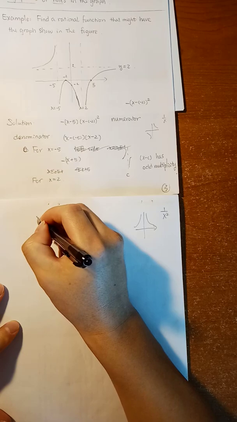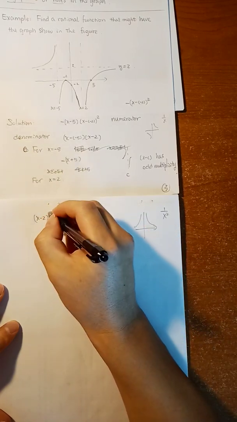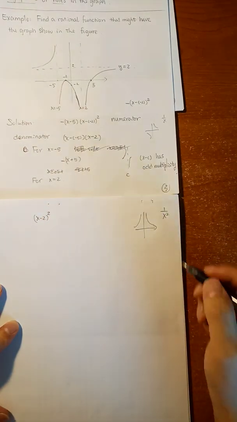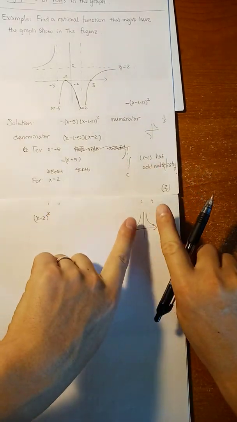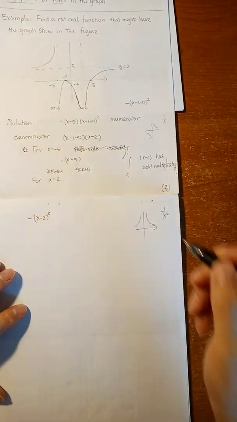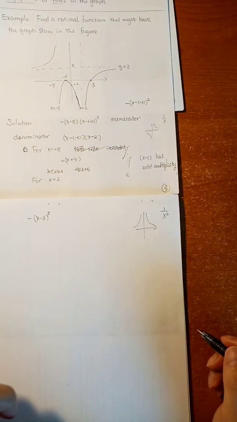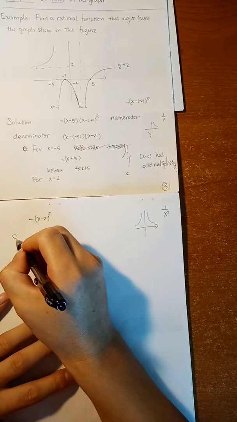So x minus 2 has an even multiplicity. We're going to put a square. Because if it is 1 over x squared, they both approach positive infinity. Now the graph approaches negative infinity. So you put a negative x minus 2 squared. Okay, so far